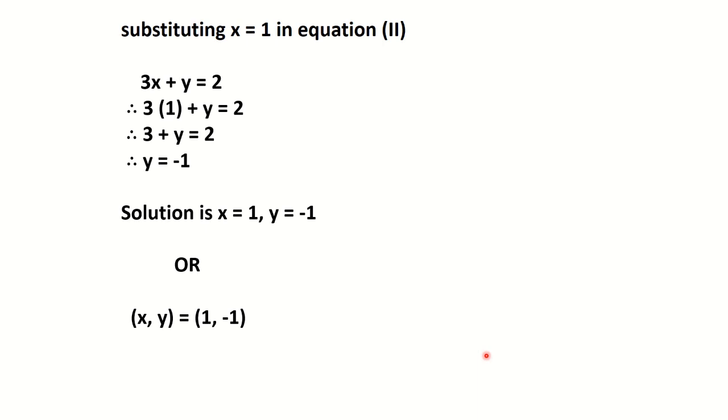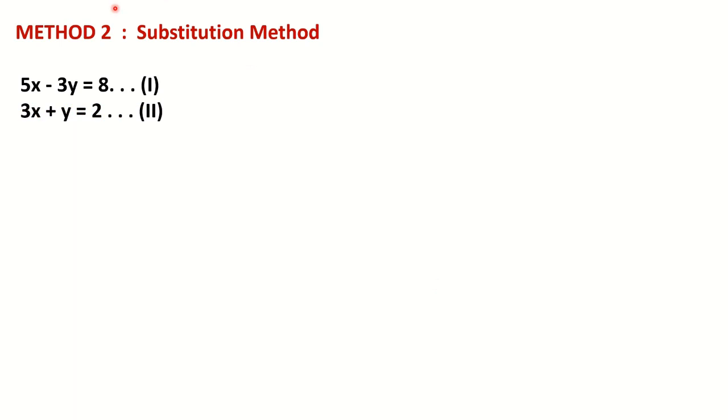Okay, now we will try to solve the same example by using the second method. The name of the method is the substitution method. I have taken the same equations purposely, and we are solving them by the second method, that is, the substitution method. The very first step is the same: observe the equations and number them as 1 and 2. Now what you have to do in this method is choose the equation where the coefficient of any one variable is 1.